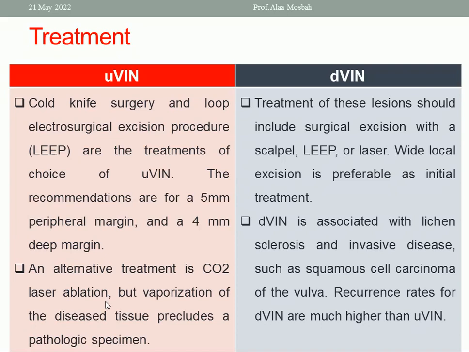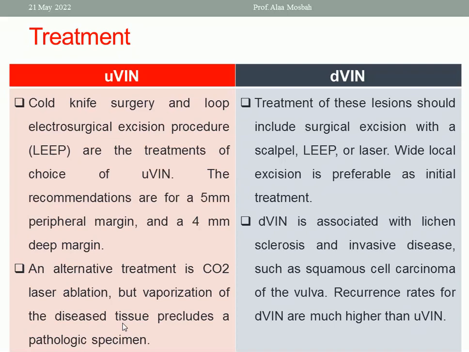Okay, but take care that the recommendations are a 5 millimeter peripheral margin and a 4 millimeter deep margin. Okay, an alternative treatment is CO2 laser ablation, but vaporization of the diseased tissue precludes a pathologic specimen. Okay,